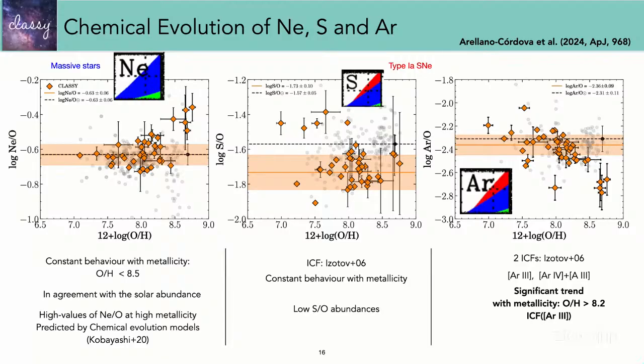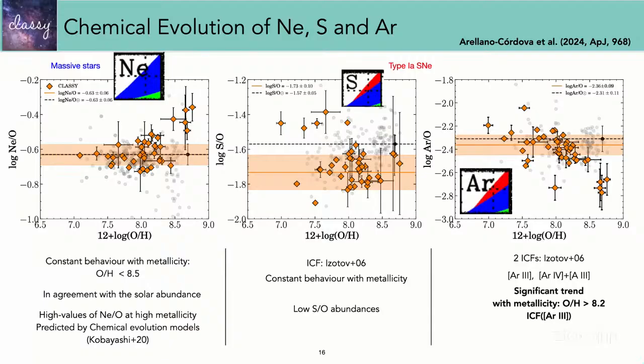And the case of argon is also different, but you see here for low metallicity, we have this spectrum and we have this constant trend here, but then we have this steepening that maybe could also be the ICF, or we need another contribution from a different scenario. So this is still unclear, but the thing is that the ICFs could play a role there.